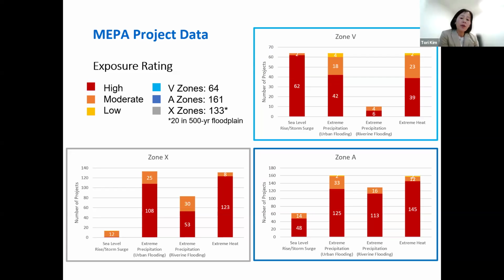So I think this reiterates what, at least I've read in press reports, what seems to be common knowledge now, that even in areas outside the floodplain, in terms of future risk to climate change, we are seeing a higher risk of extreme precipitation over time. The red bars on the right-hand side in extreme heat are also quite high, except for the coastal areas. Almost all of our projects are coming in the inland areas rated high risk for extreme heat, again, during the useful life of the project.